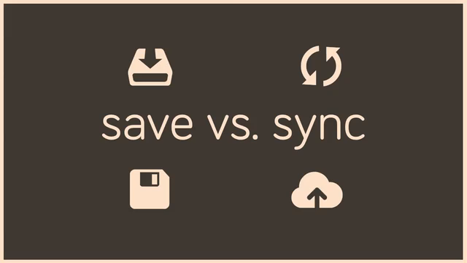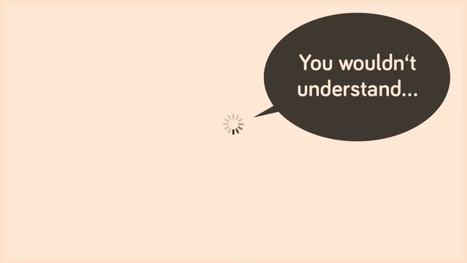So, save versus sync. When is it saved? When is it synced? What's the difference? Is it just scheduled for sync, or has it already synced? Is it out of date? Is it conflicting? There's all sorts of new states things can be in, and we might have to communicate this somehow. And connection states, too. We all know the spinner is a lie. It means a lot of things, but in the end, all it means is, I'm not ready, and it's too complicated to explain why. But you want to reassure your users, right? We need to find a good language for this.